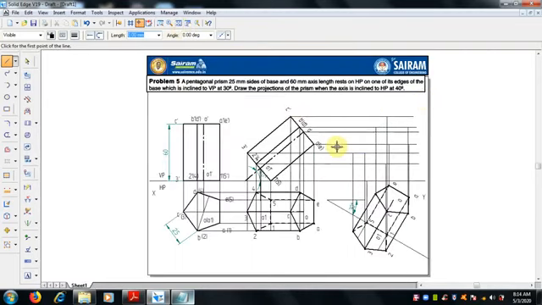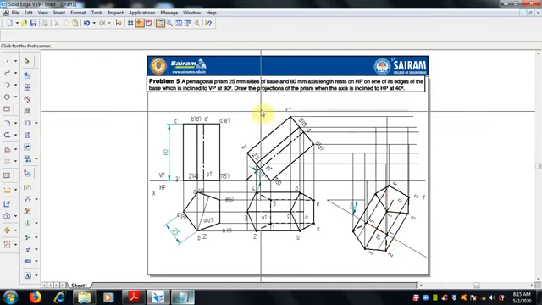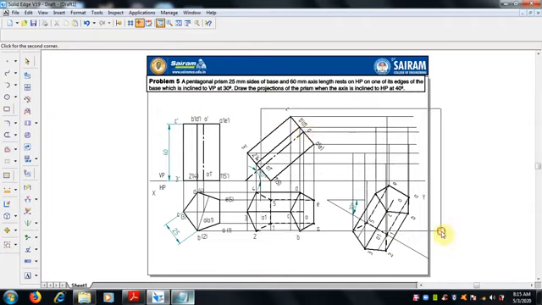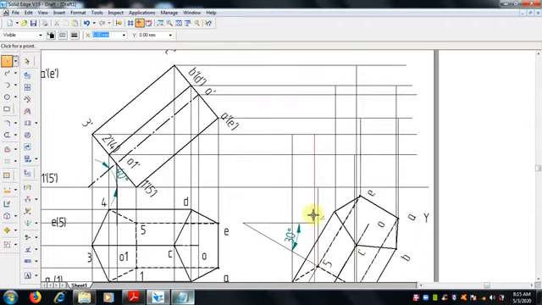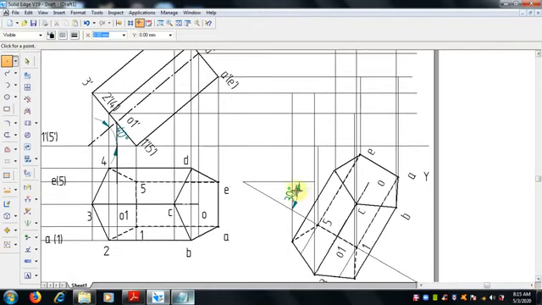As I said, for ease we can make points at the intersections where they intersect, so that confusion will not be there. So normally zoom in and we can make it. Select a point with 2 mm thickness.